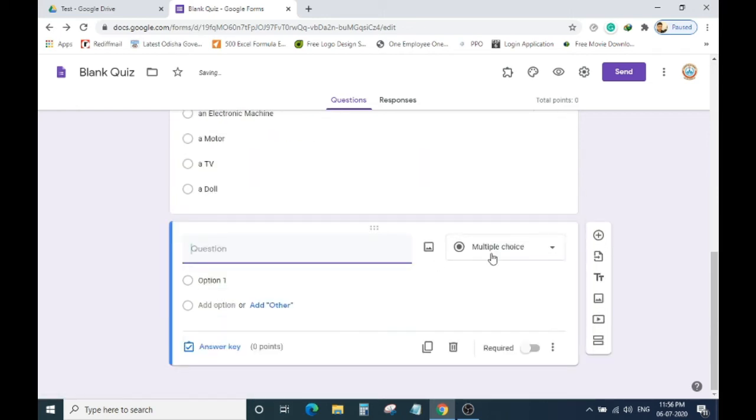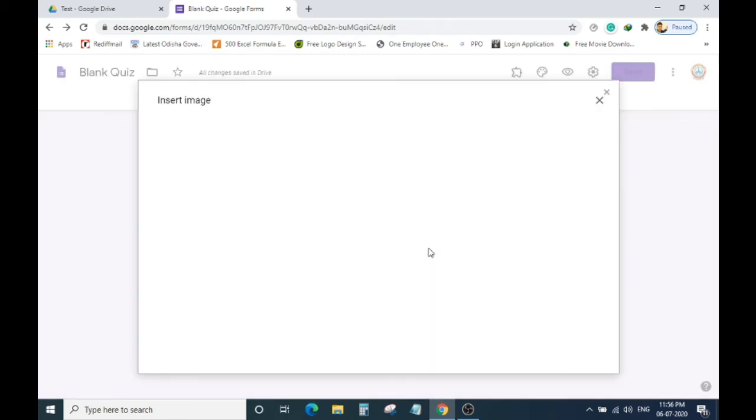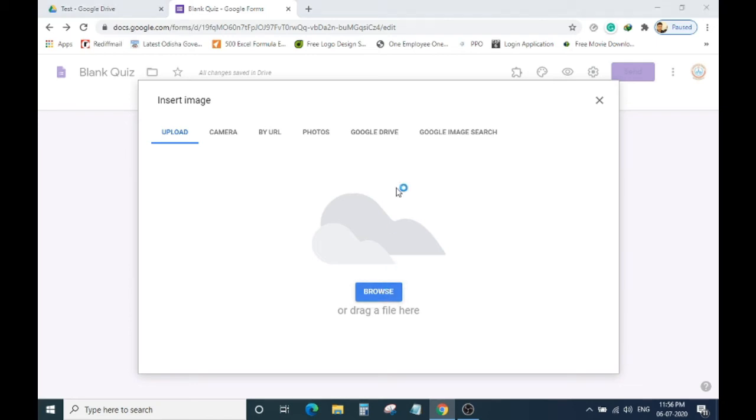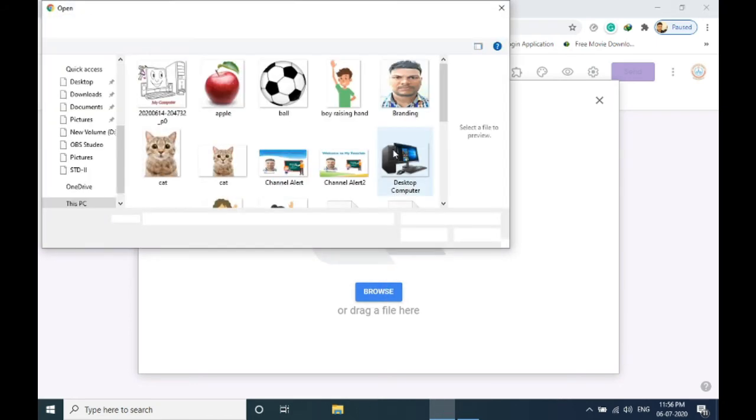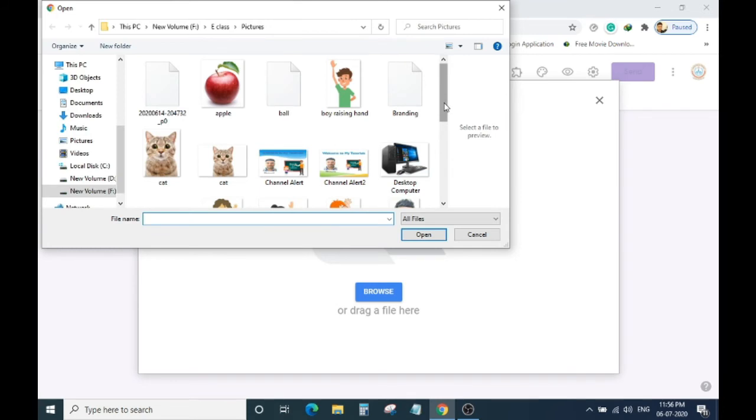Suppose I want to, let me insert some pictures. Upload, browse. Let me insert some pictures.